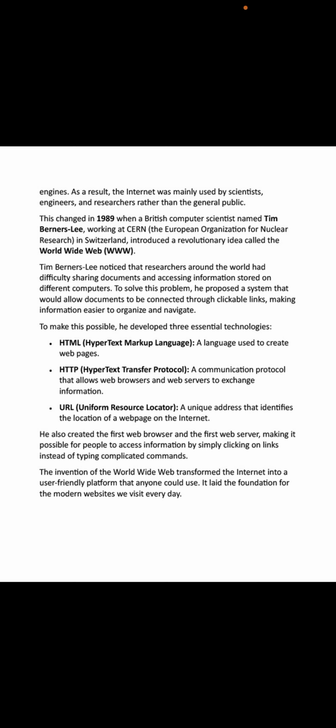The World Wide Web is a service that runs on top of that network, allowing people to access websites through a web browser using HTML, HTTP, and URLs. Without the internet, the web could not exist. Without the web, using the internet would still require complicated commands instead of simple websites.